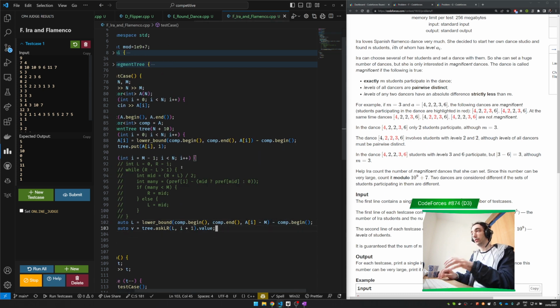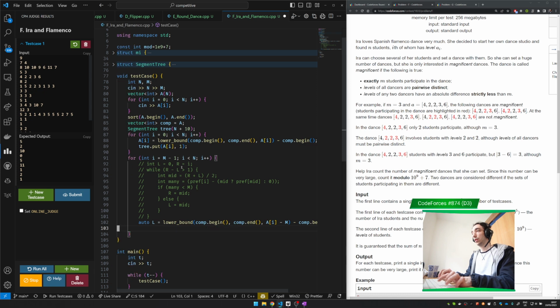So this is the lower bound. We find this value,